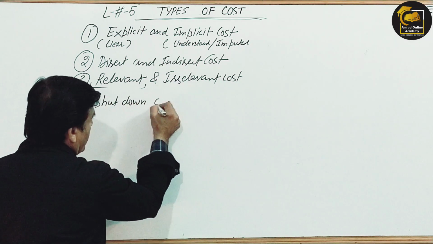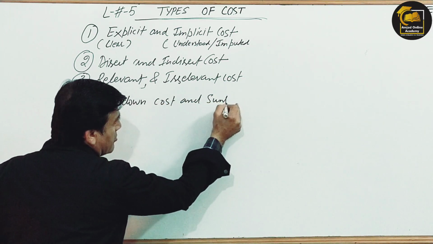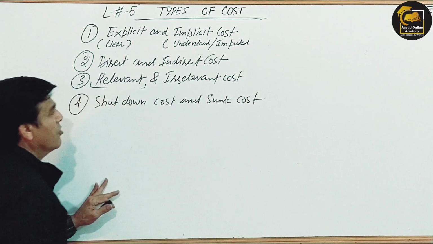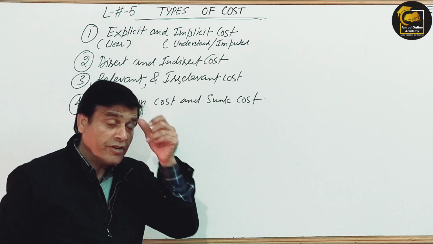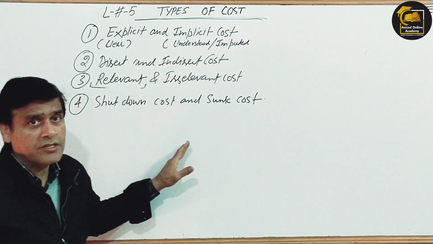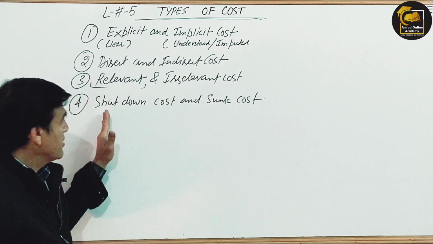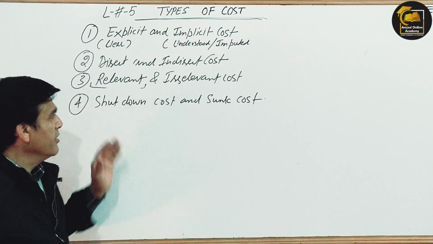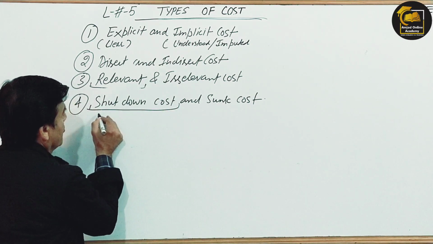कमिंग टू द नेक्स्ट इज shutdown cost and sunk cost. Shutdown cost and sunk cost. Again, very much important from the point of view of management accounting subject, right? From the point of the cost classification also, you must understand it. Shutdown cost actually is the cost which keeps on, I'm talking about this,